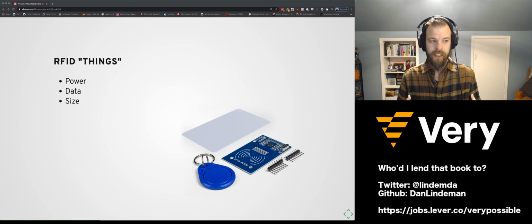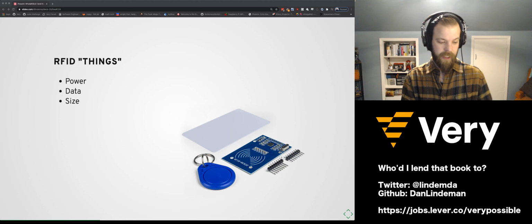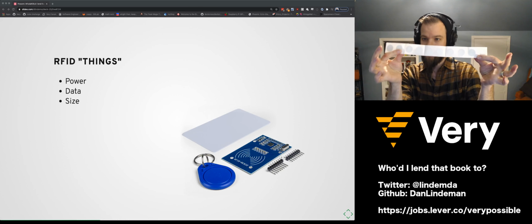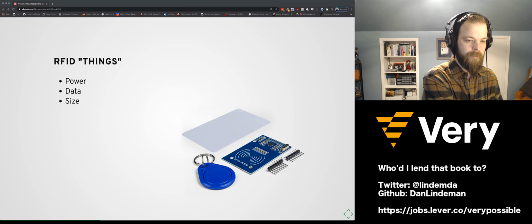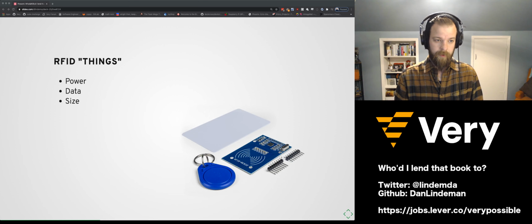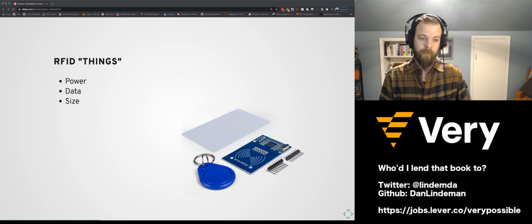They also fit into a tiny form factor. I just showed you an entire set of stickers. This is 10 RFID tags, I think. Yes, 10. And you can put them basically everywhere, right? Anywhere you can fit a sticker, you can tag something. That's why they're in key cards you can fit in your wallet.